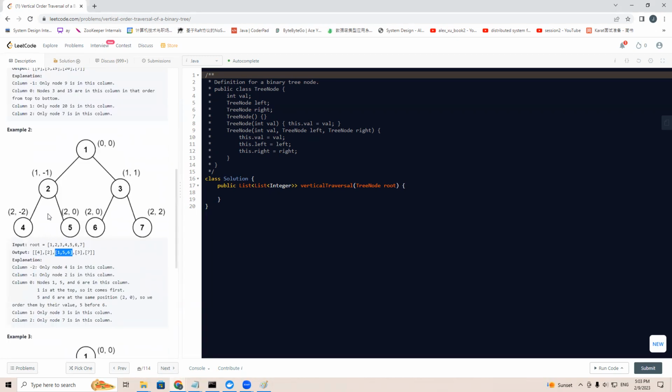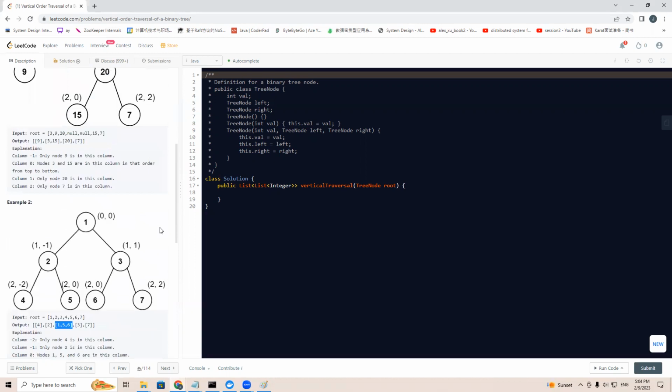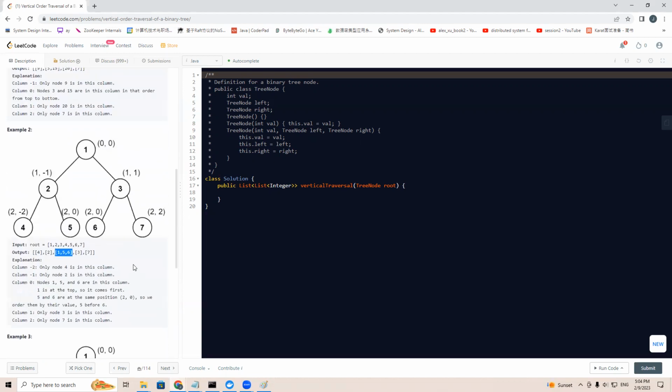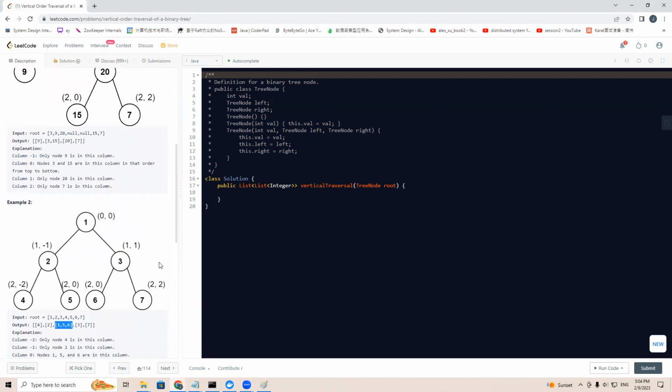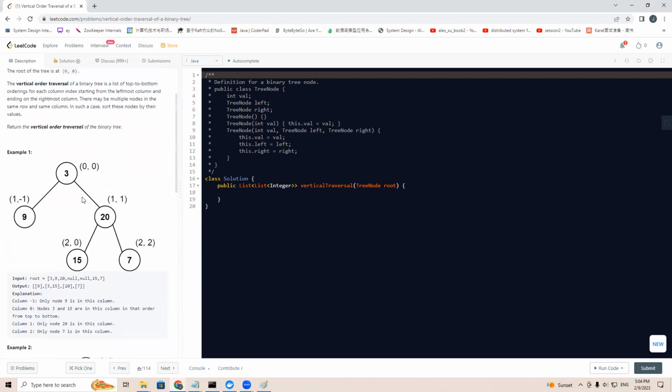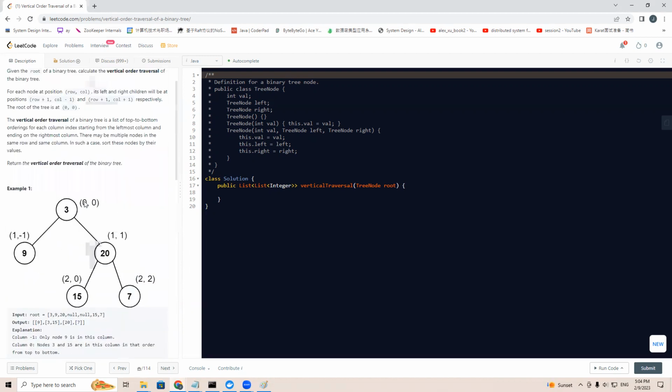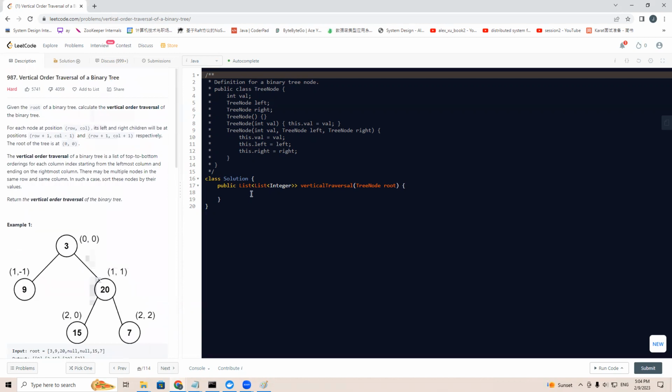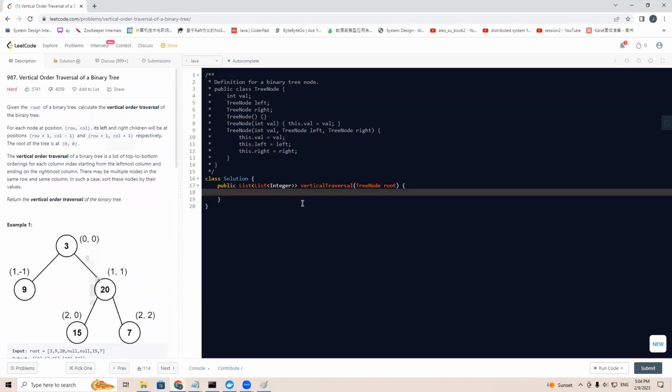But if we use a minimal index and a maximal index, we can get n log H. It's still a bit better. So let's use different ways to do this kind of question. First is BFS, right? It will be pretty much similar to what we do in